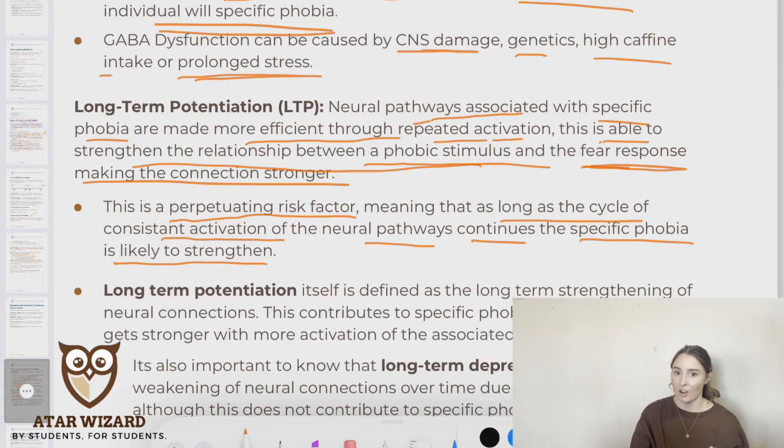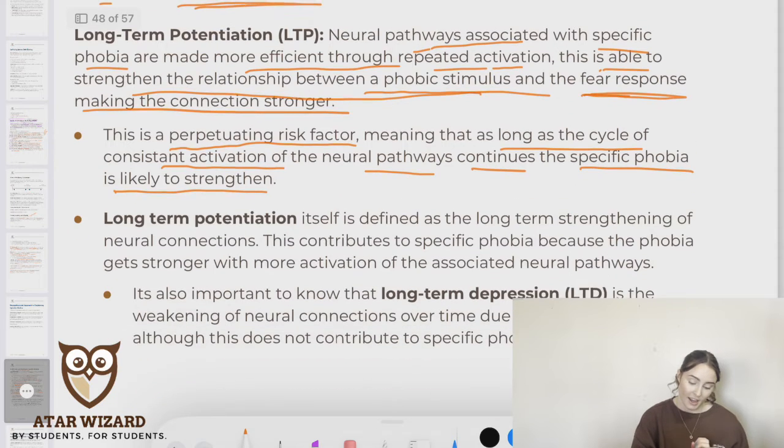In the next area of the study design, we look at the psychological interventions to intervene with long-term potentiation, and that's things like cognitive behavioural therapy and systematic desensitization. If you're doing end of year exam revision, it's really helpful to make that link between these two things. If you're just studying for SACs, then you can cross that bridge when you get to it. Don't worry about it yet.